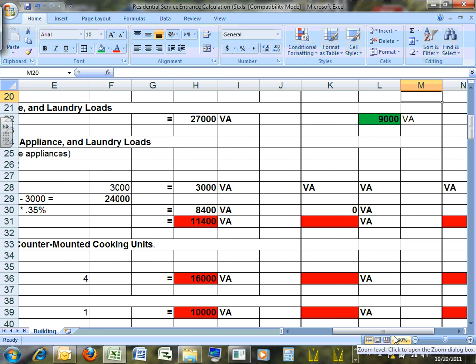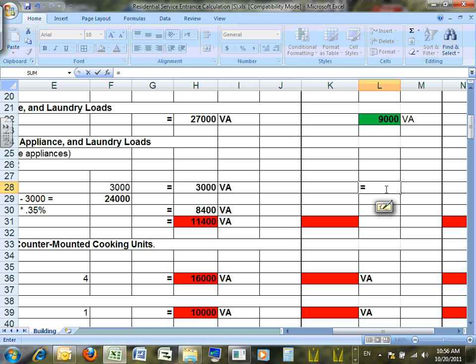Then you need to apply the same rule here. The first 3,000. Do you guys remember that first 3,000? I'm going to do it in one lump sum here because you guys are cool. It's already here, so I'm going to do it in one lump sum. So how am I going to do that? Look at that. I'm going to make this one equal